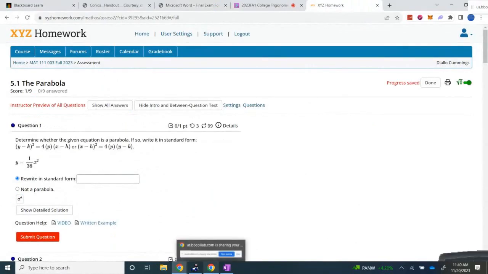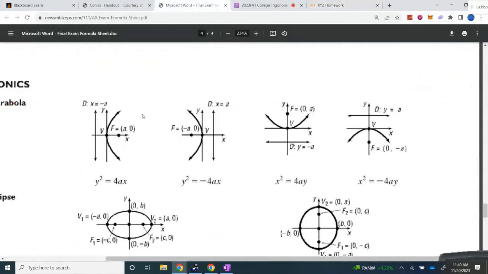The first one says determine. I'm going to explain about the ones centered at the origin and ones that are not centered at the origin. So taking a look at the handouts from the exam